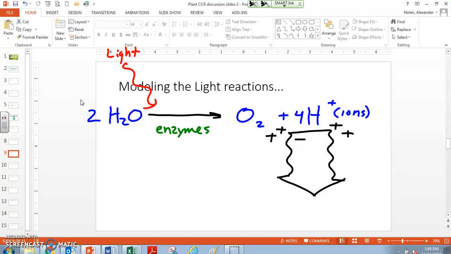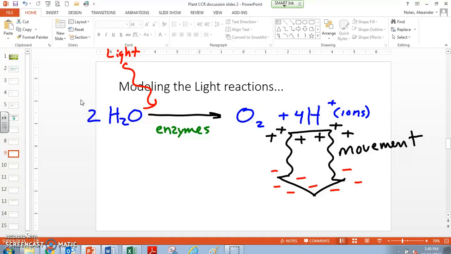Again, I'm skipping some details here, but we have our hydrogen ions that are going to build up a positive charge. And because they build up this positive charge, they are going to move toward a negative charge, because as we all remember from elementary school, opposites sort of attract. So in this electrochemical gradient, our hydrogen ions are actually going to move toward a more negative area or a less positive area. So that's that